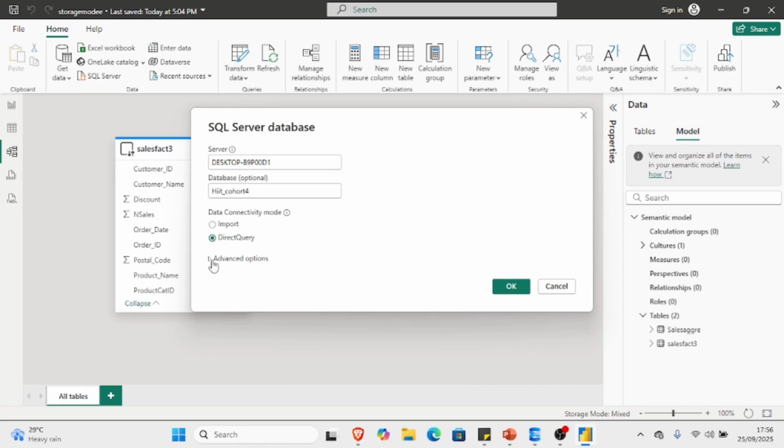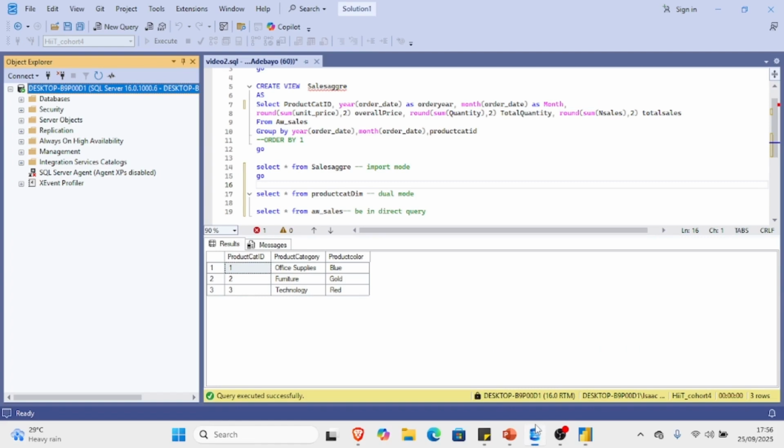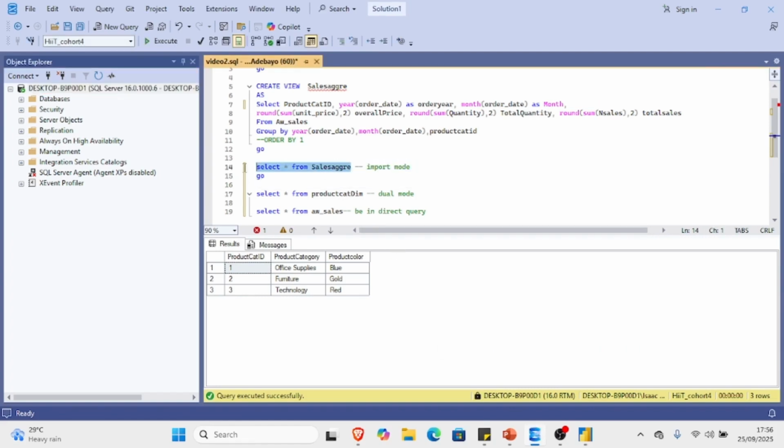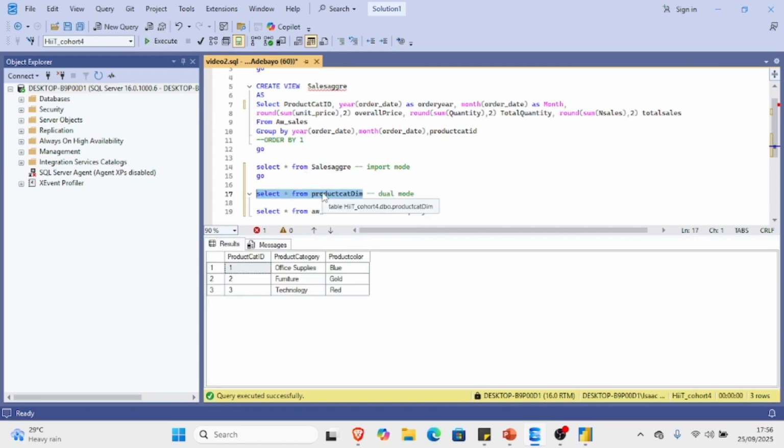Now I'm going to show you this advanced option. This advanced option simply means that if I'm connecting to this server and to this database, then I can basically write an SQL statement to extract the data I want to use. Already I have my data here. Select asterisk from sales aggregate, which is here, and I have the dim table. The dim table is the dimension table which I want to use. So I can just copy this